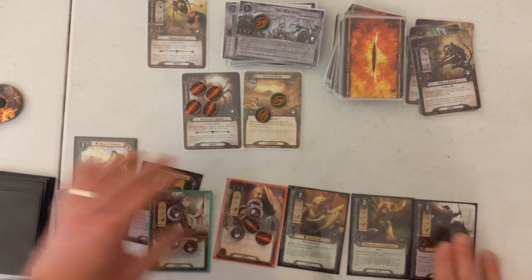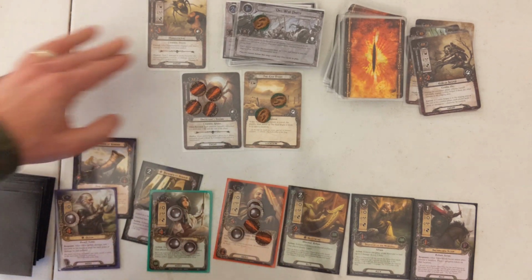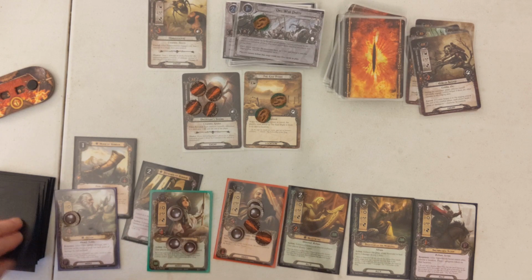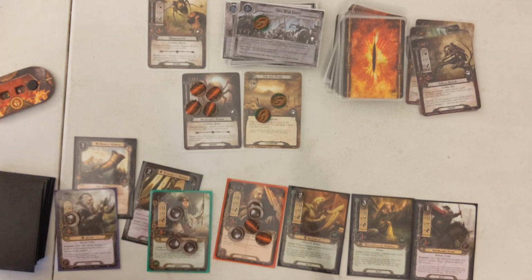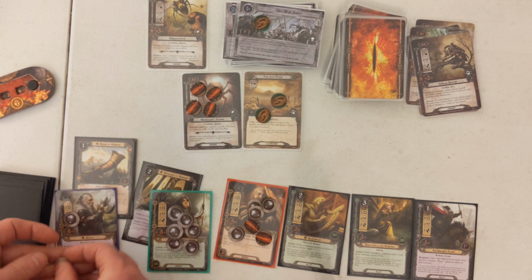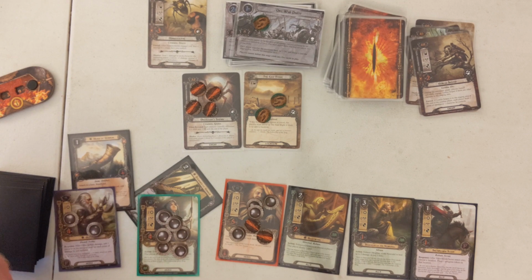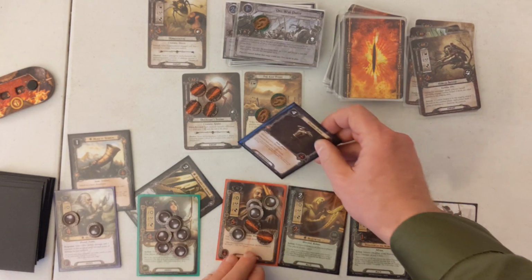I'll refresh. I'm up to 39 threat, so that's why Gandalf came out at just the right time. I'll draw for turn, another Citadel plate. So he's going to get a Citadel plate. I'm just continually giving her 3. So before I do anything else, I'm giving Gimli a Citadel plate. So actually,